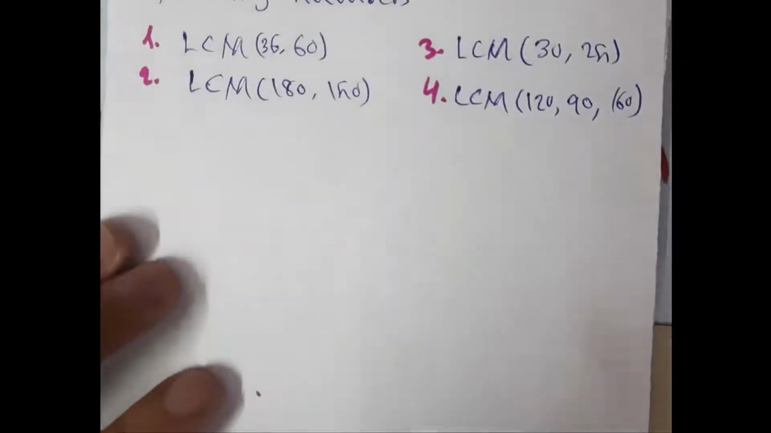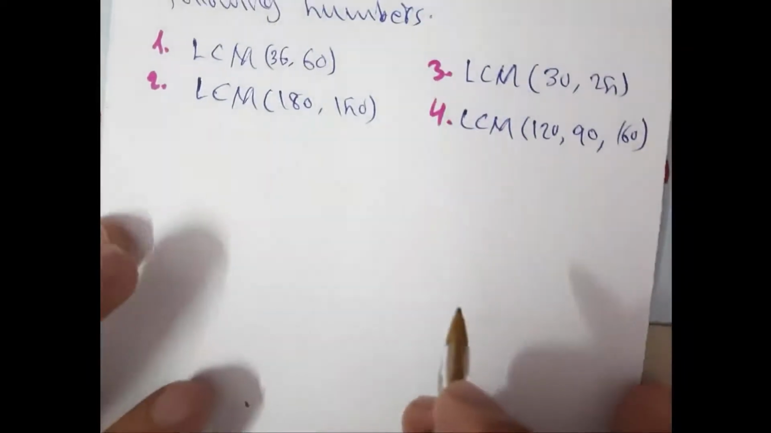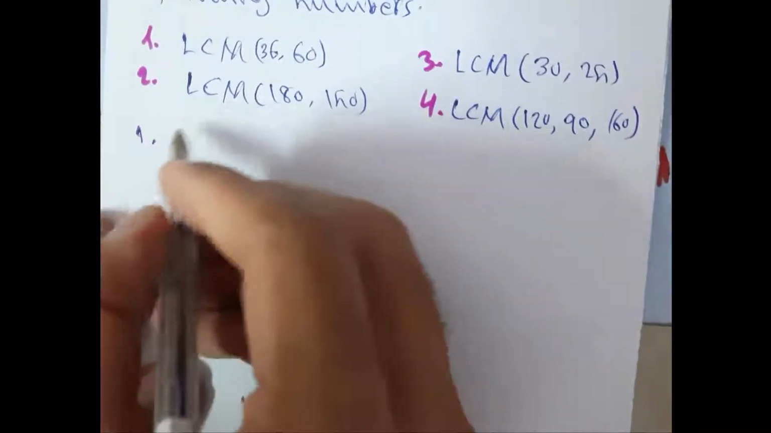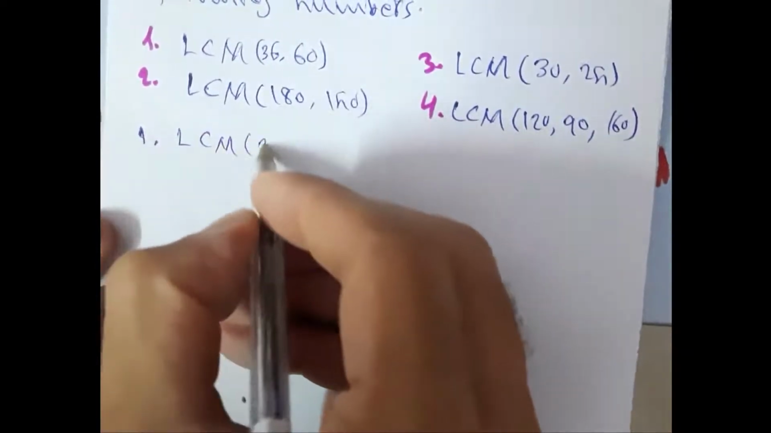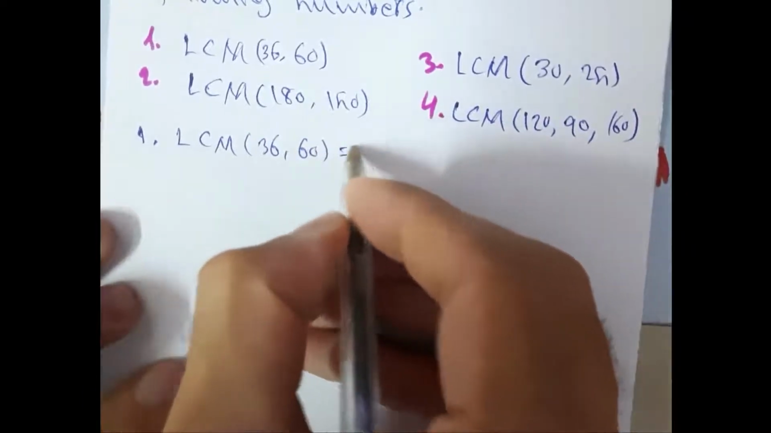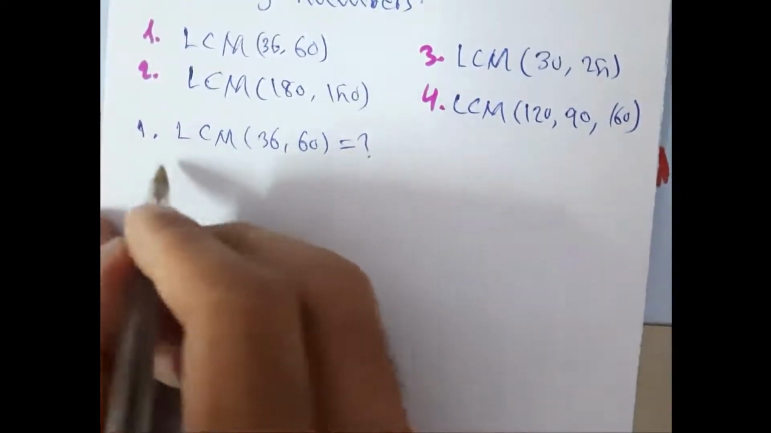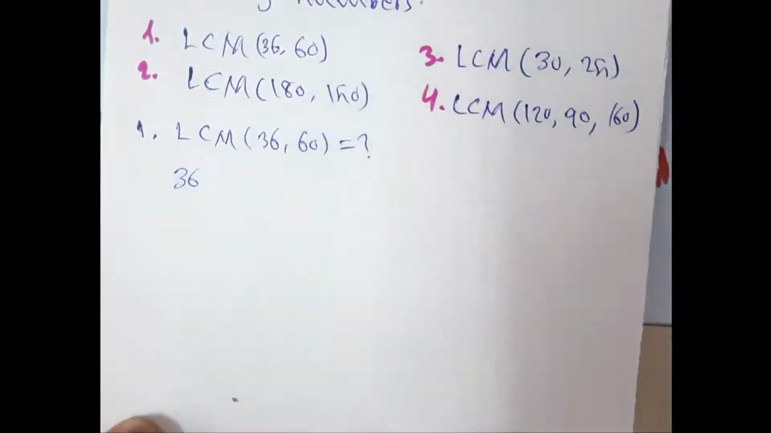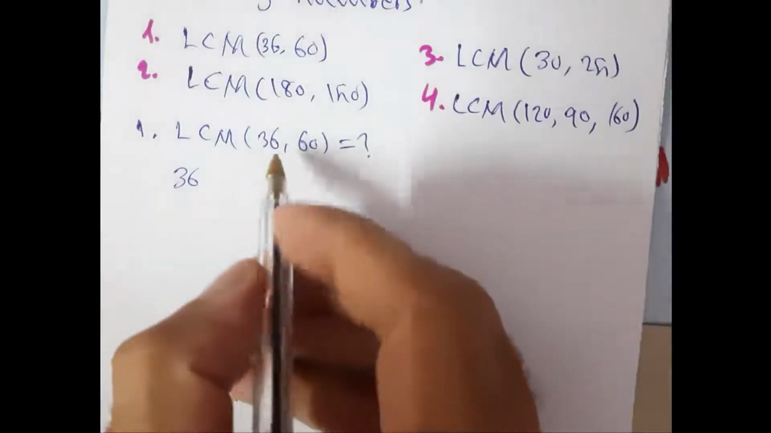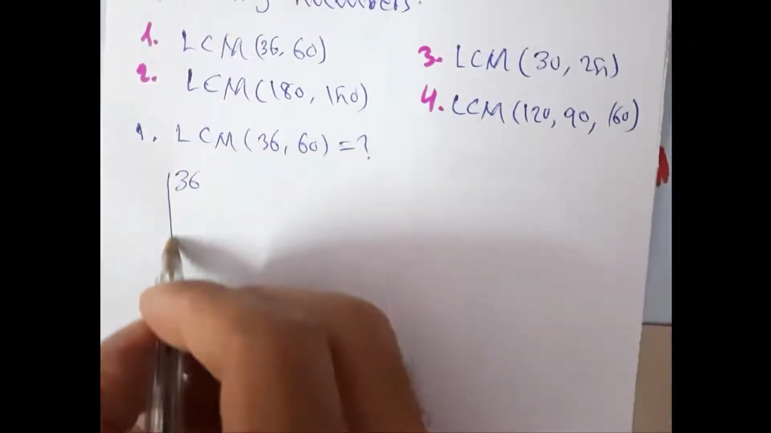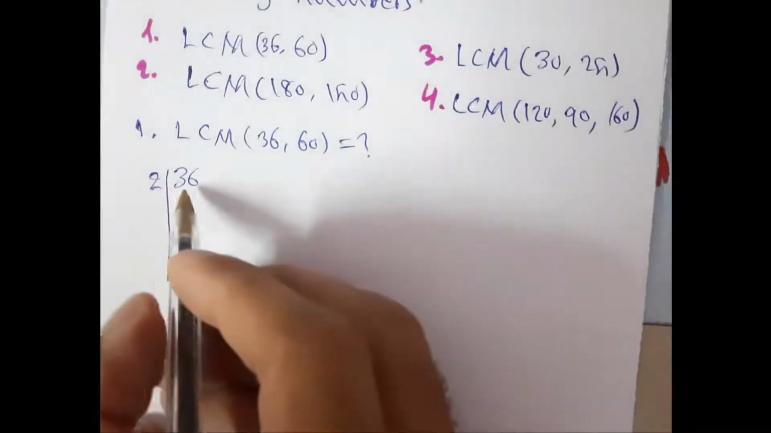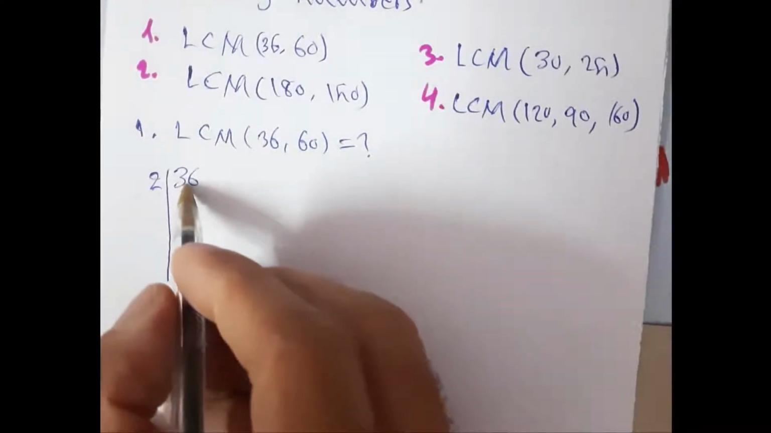First one, as we explained already. First question, LCM of 36 and 60 is equal to question mark. First, we want to find the prime factors of 36 and 60 separately. When we want to find the prime factors of 36,